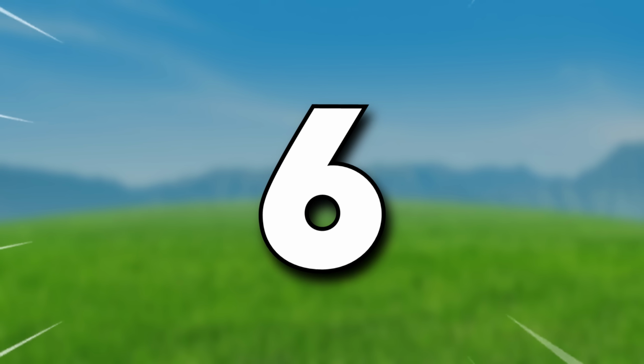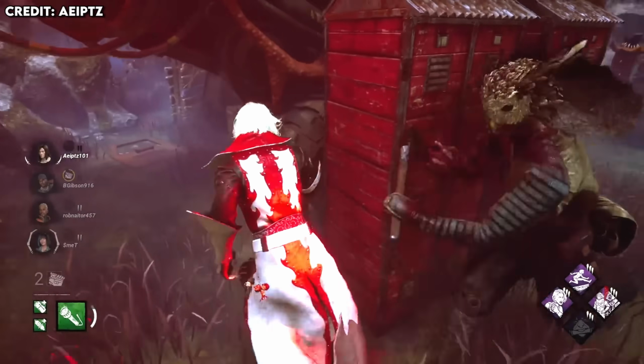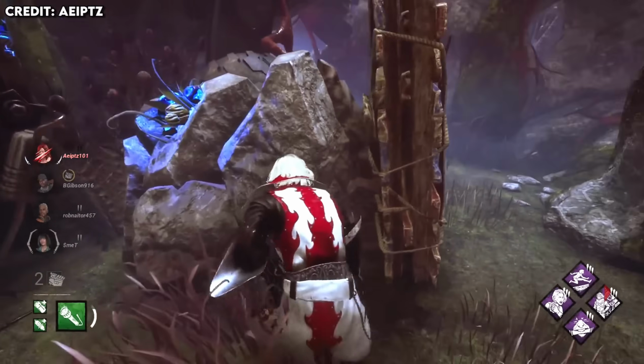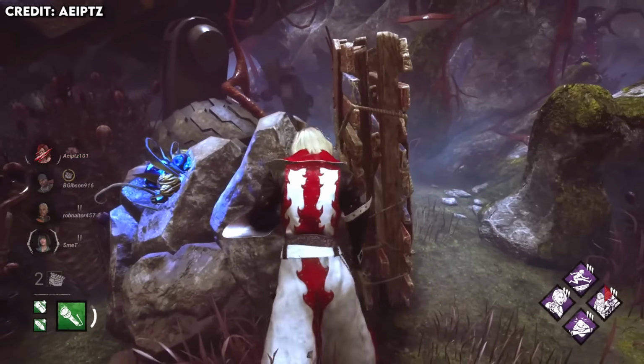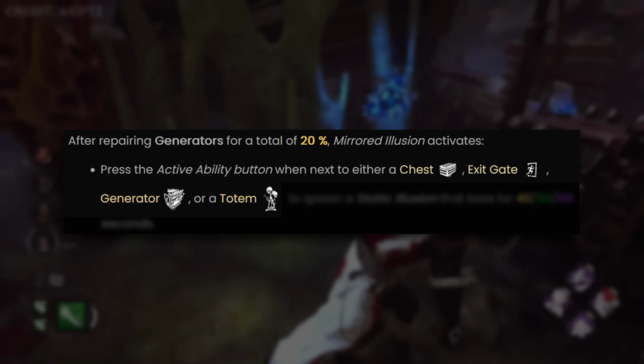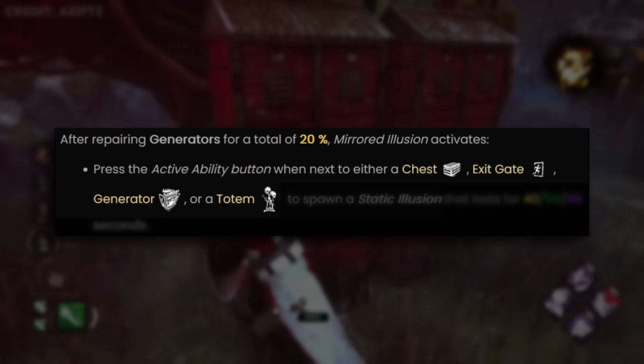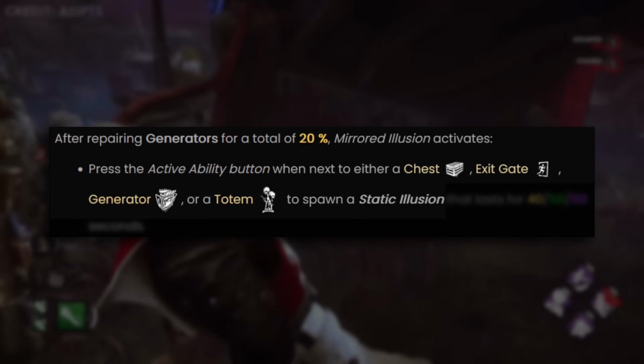And number 6, like I alluded to in the intro, this is Mirrored Illusion. It actually makes me so sad that this perk is not good because it is so freaking awesome. After you repair generators for a total of 20%, you can press the active ability button next to a chest and exit gate, a generator, or a totem to spawn a clone of you that lasts